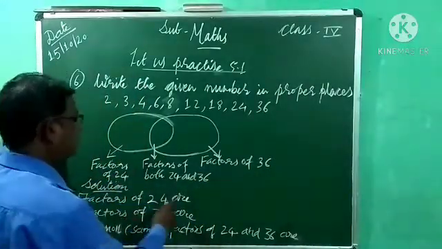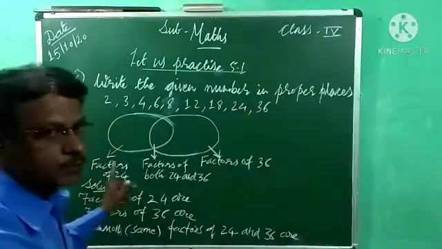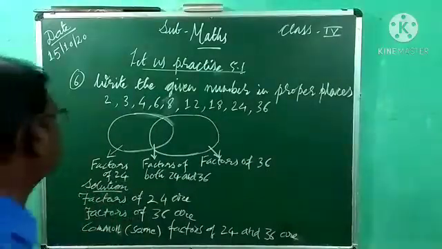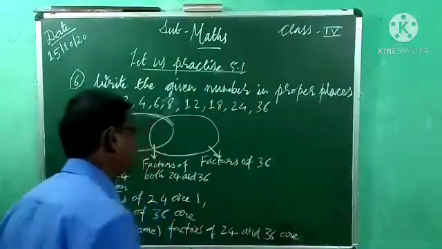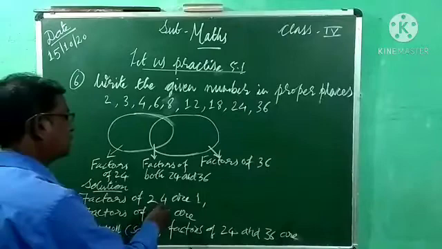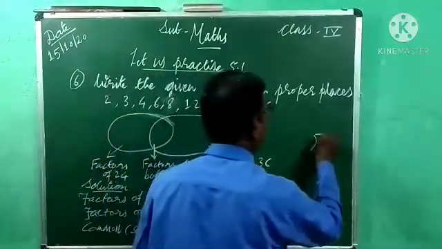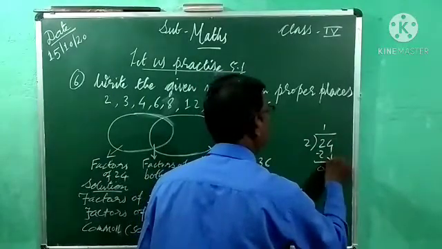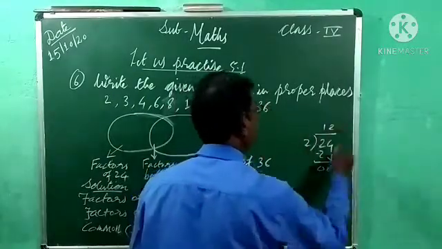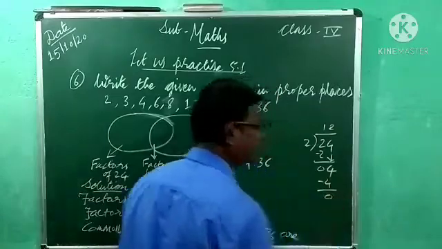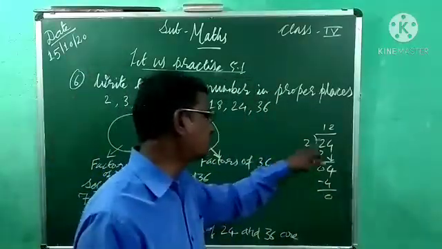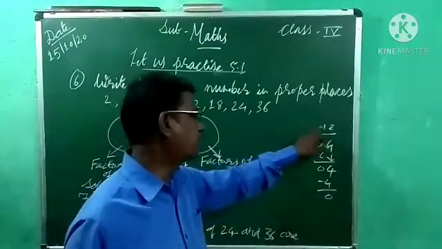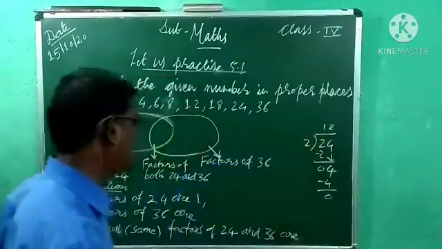Okay. So factors of 24: we have to go from the 1 table to the 24 table. In the 1 table we are getting 24; 24 ones are 24. 1 is a factor of every number, that is the property. Now in the 2's table, divide 24 by 2: 2 ones are 2, remainder 0, bring this 4 down, 2 twos are 4. In any case we want remainder 0, meaning 24 is completely divisible by 2. In the same way in the 12's table we also get 24, 12 twos are 24.